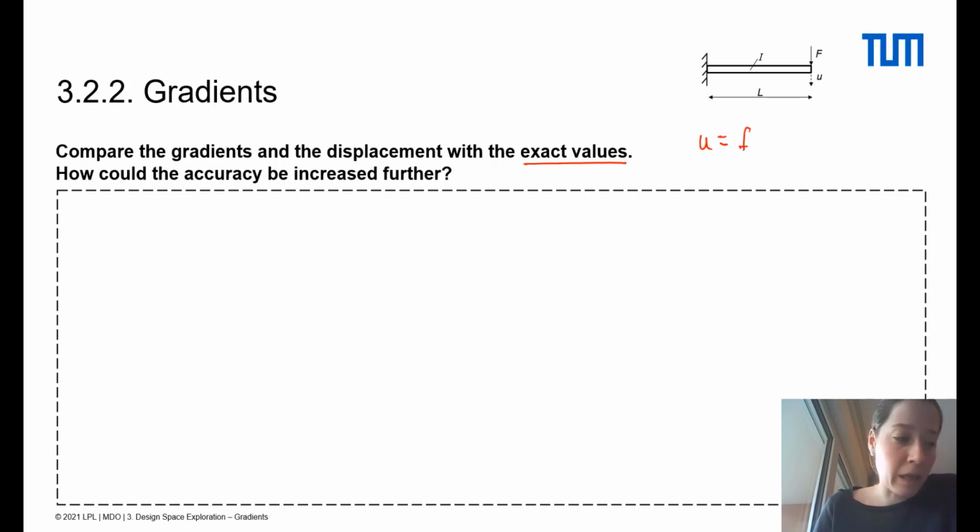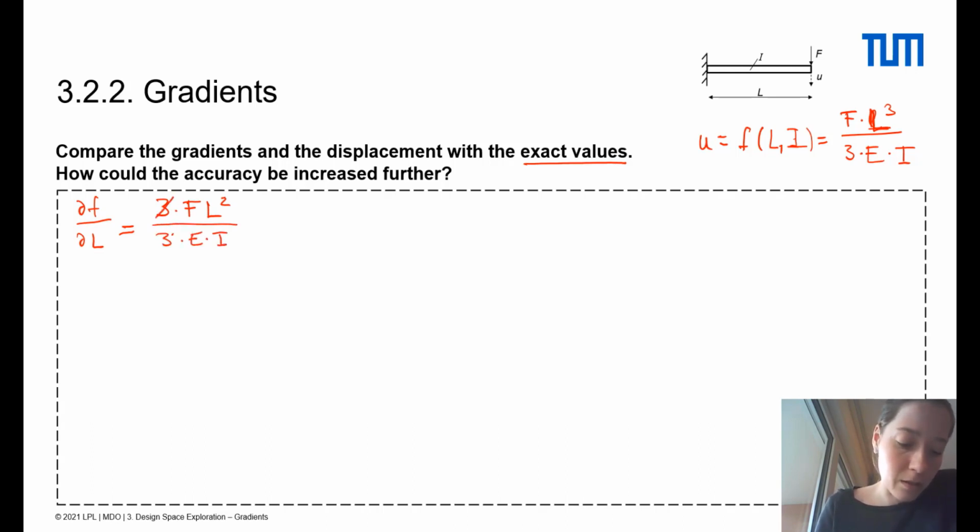So the formula for the displacement, which is f of L and I, which is f times L to the power of 3 over 3 times E times I. Okay, we compute the partial derivatives, df over dL, which is 3 times f times L squared over 3 times E times I. 3 is cancelling out, and we got df over dI,